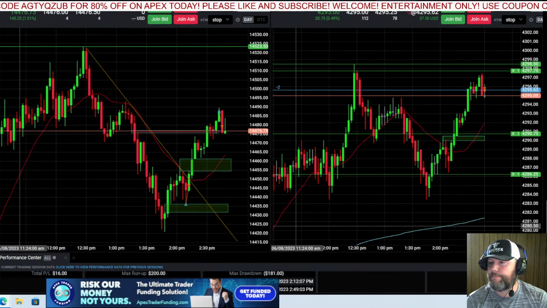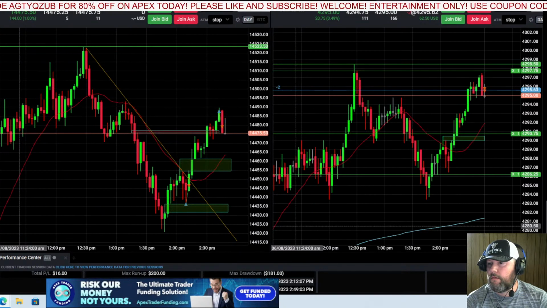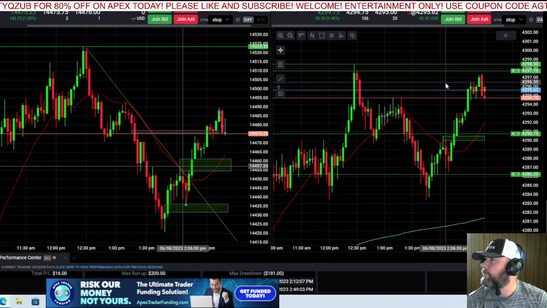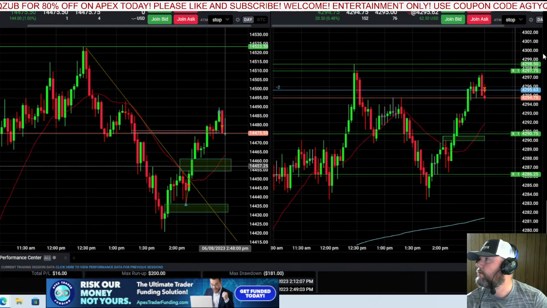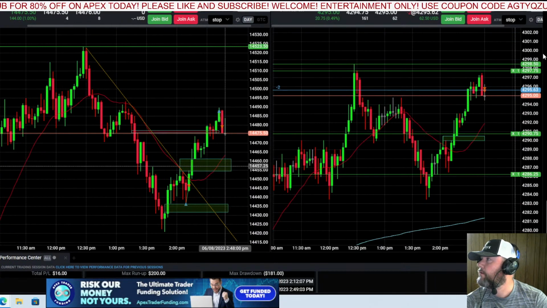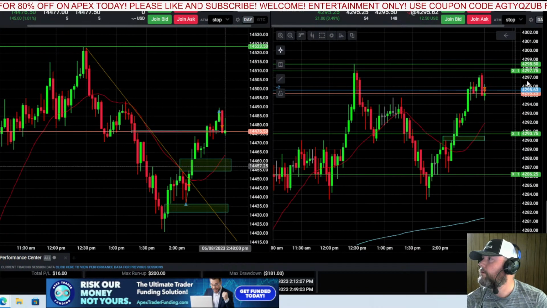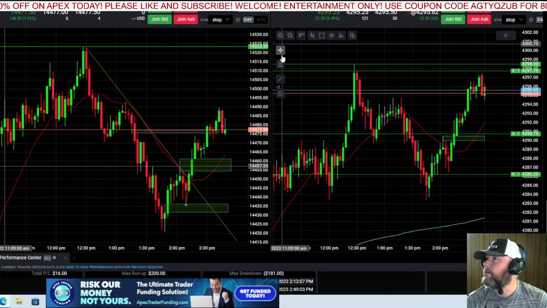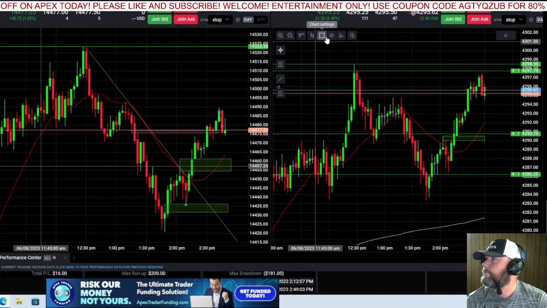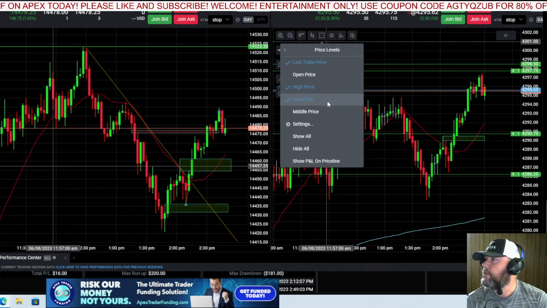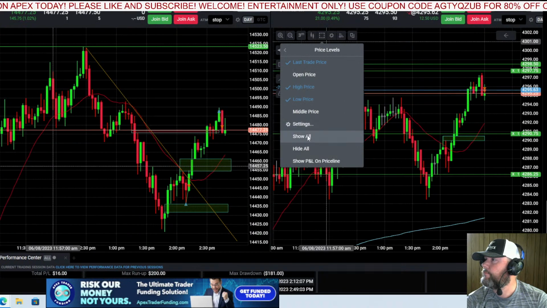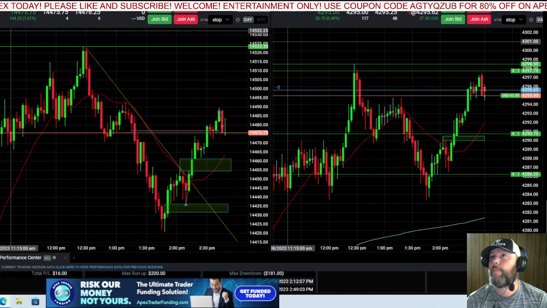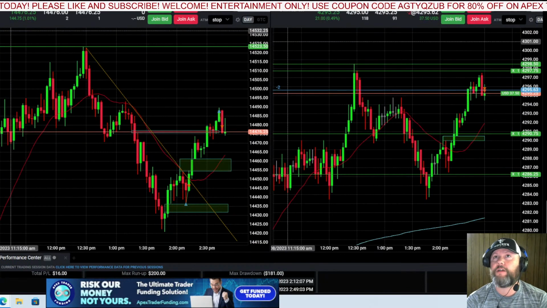Got a shift in structure on the 1 minute chart, so that's what I'm working off of here. Like I said, very low risk trade. That's the reason I'm taking this. Bit of an aggressive trade, but